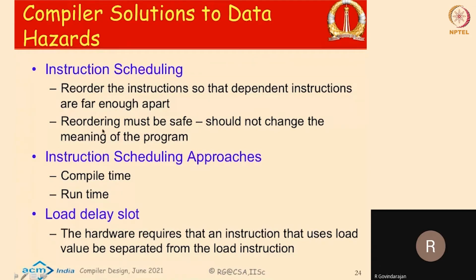Okay, and you can actually do instruction scheduling either at compile time by the compiler, which is what we are going to discuss, or it can be done at runtime by the hardware, which we will not discuss here. That's for the computer architect to do, right? And this also happens when you have a load instruction and a dependent instruction, right? That's also another form of a dependency, and there also you may want to make sure that the dependent instructions